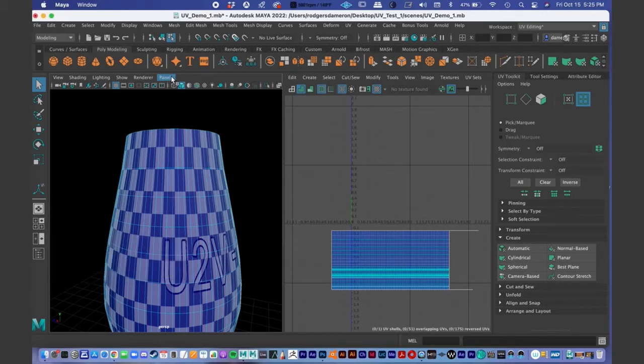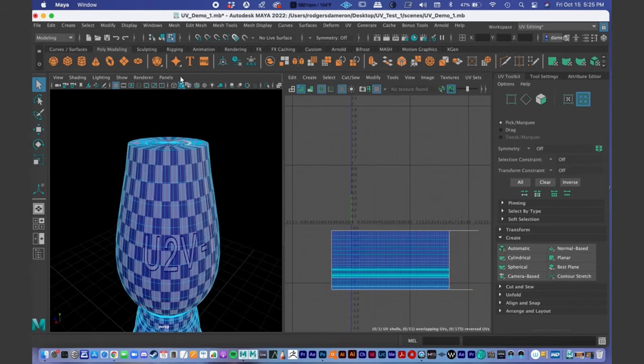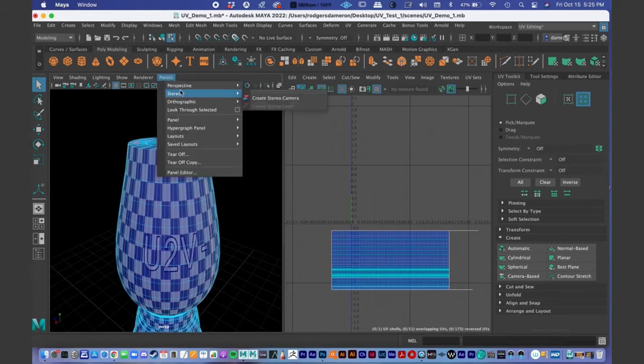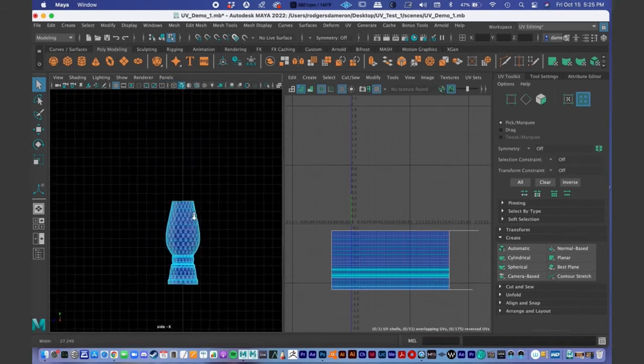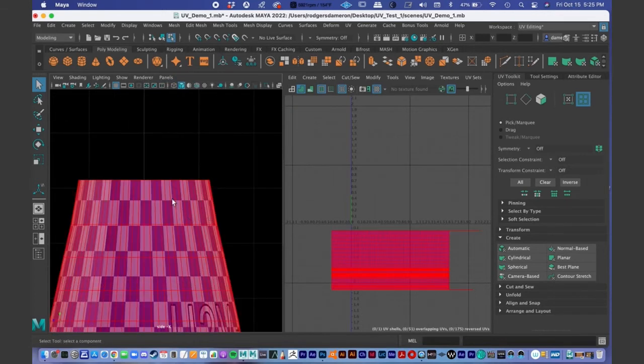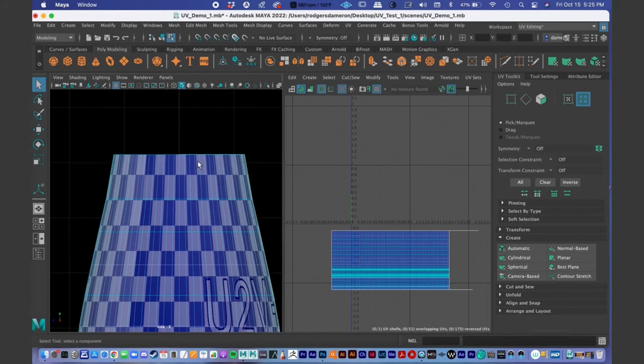What I might prefer to do is just in the perspective view, go up to panels, and then switch it from perspective to orthographic side. So just change it right there. And so I'll click here, and then I'm going to select the faces of what I want to project next. So I'm going to right click, go to faces,